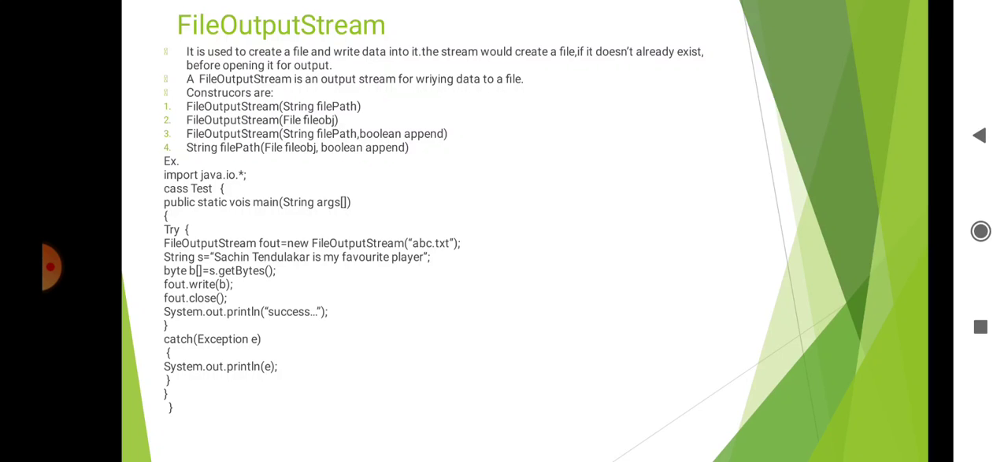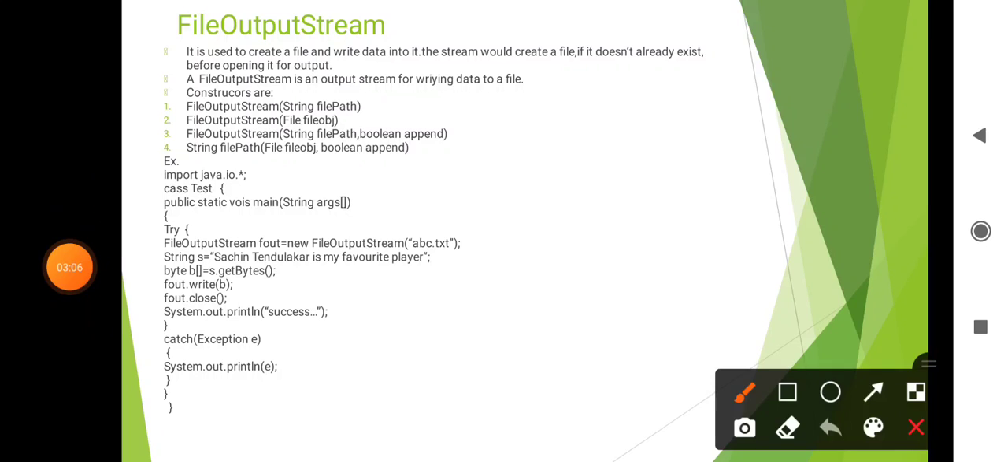It has some constructors. The first one is FileOutputStream(String filePath), the second one is FileOutputStream(File file object), the third one is FileOutputStream(String filePath, boolean append), and FileOutputStream(File file, boolean append). Then here is one example,